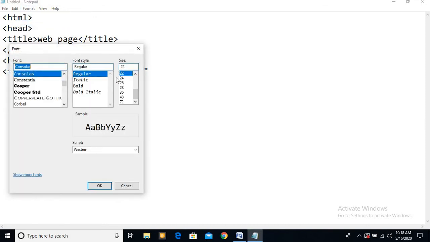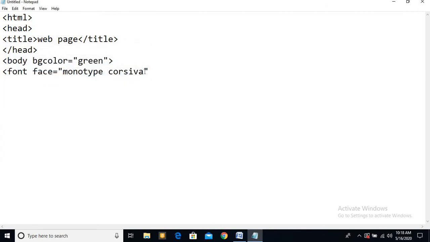If somebody feels that the spelling can be wrong, then you open your notepad, then you can see here Monotype Corsiva. Okay, so you have to find MO, so you can use this one. It is available here, you can copy from this. In that way there will be no mistake in spelling. But in the exam you have to write by looking, so you can use it. But I am doing this practically, so you have to write it correctly. Okay, font face is equal to Monotype Corsiva.